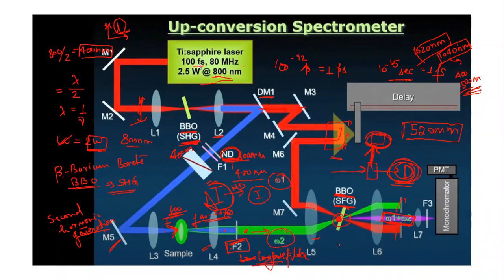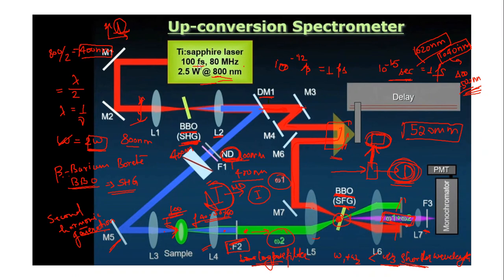Now, since the value of omega 3 will be greater than omega 1 plus omega 2, okay, what do you need to pass in terms of wavelength? You need to pass a shorter wavelength, okay. So again, you keep a filter which is a short pass filter. Okay. So here the F3 which is used is a short pass filter which allows the shorter wavelength or the higher frequency of light to pass, so that it goes to the monochromator, to the detector,